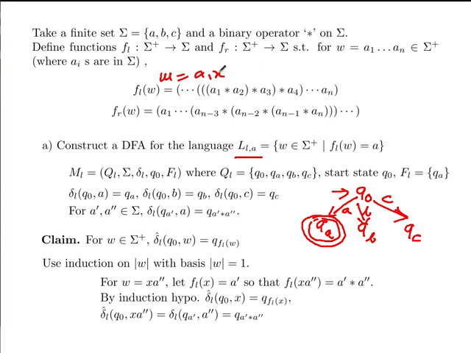Okay, so this X is A2 to AN. So then this means that f of L of W is what? F of L of X, and then this